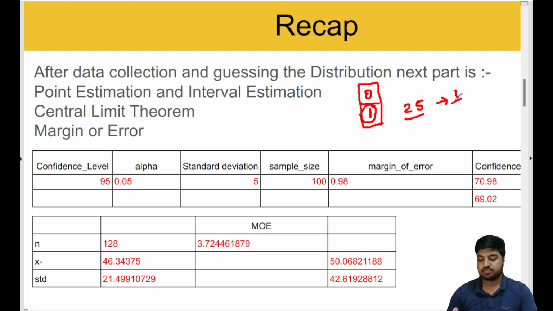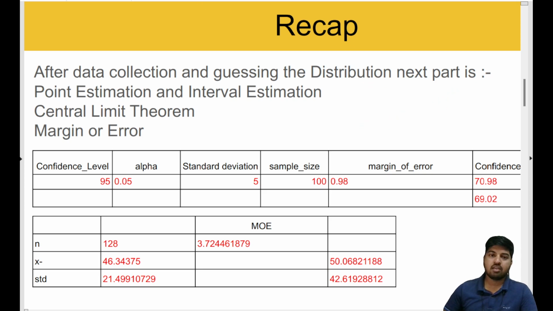What about the Poisson? When can I model my data as a Poisson? When events are rare, and the rate of those events happening is also constant. So there are some rare events which are happening. Mainly we can say it is about the frequency. When there is a frequency, we can model it as a